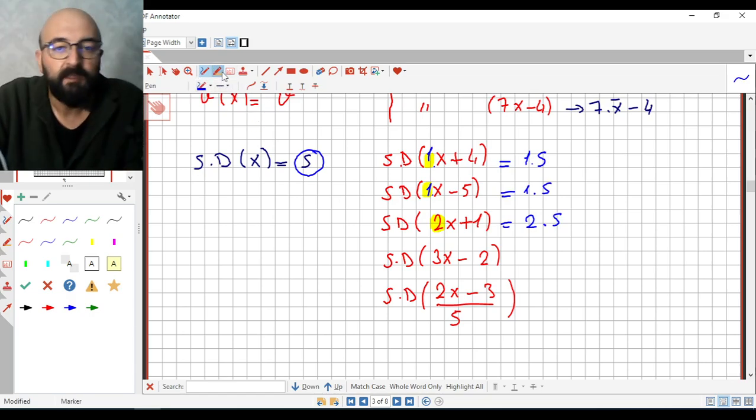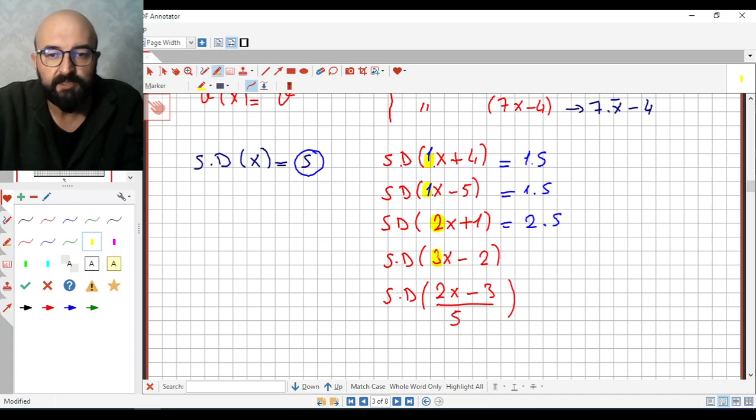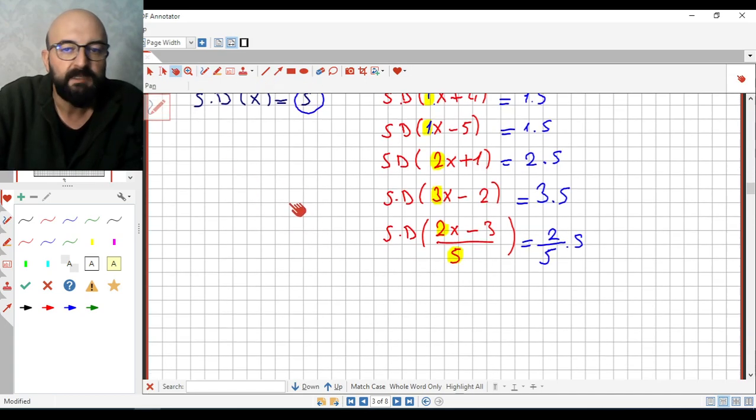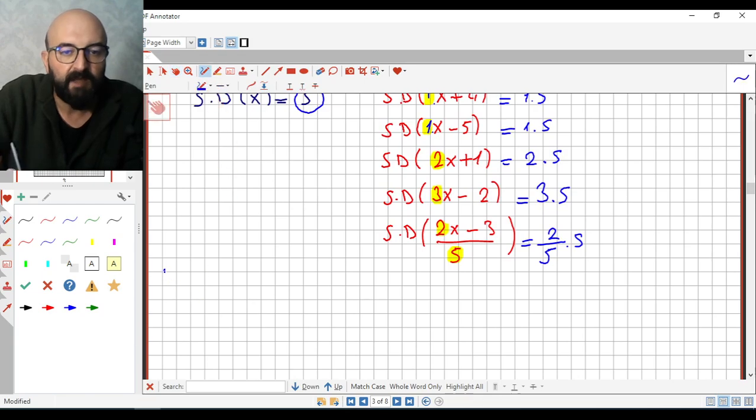Excuse me, and the standard deviation of 3x minus 2 is 3 multiplied by s, and the standard deviation of (2x minus 3) over 5 is equal to 2 over 5 s. Okay, and please remember that variance